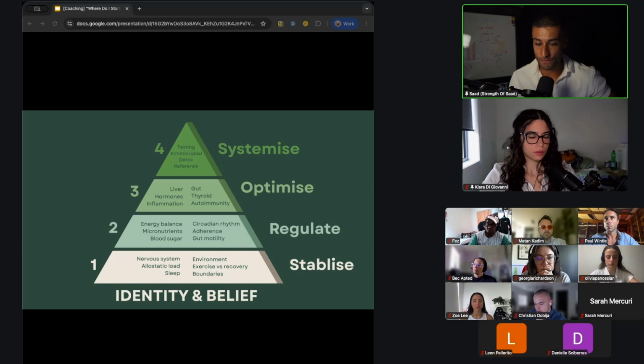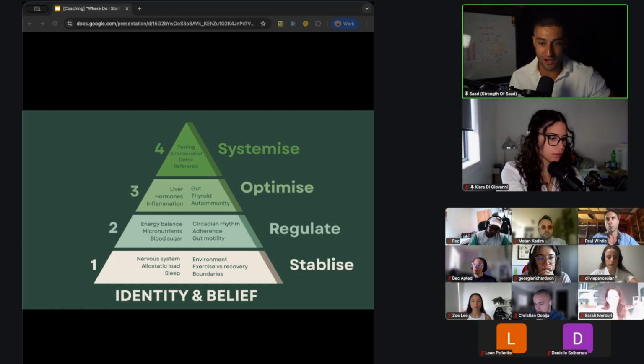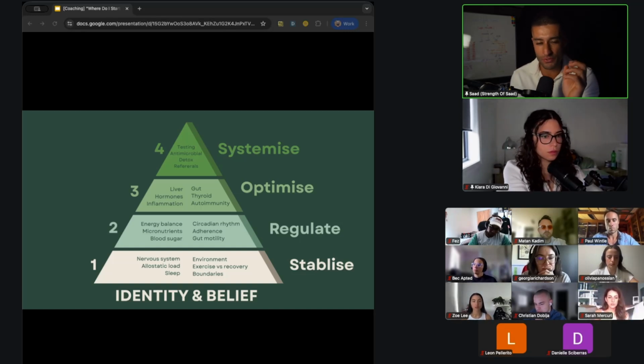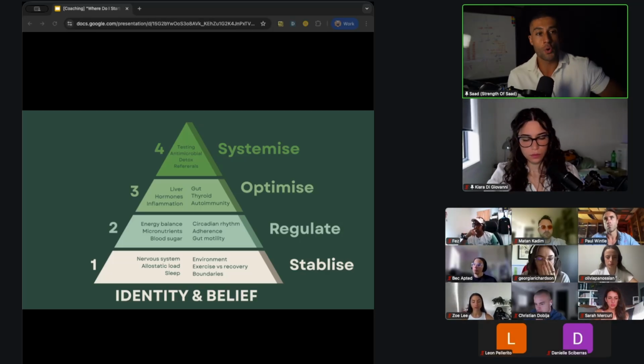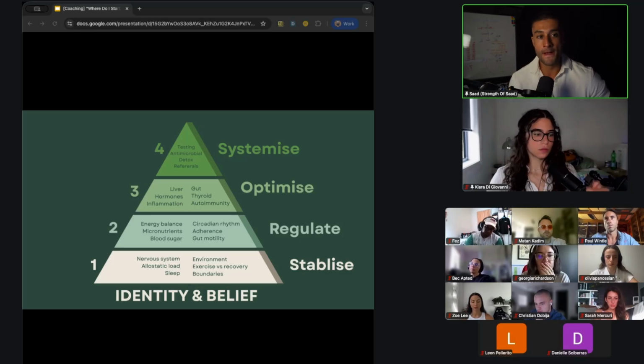Number 2: energy balance, micronutrients, blood sugar, gut. Adherence, we actually put in number 2. I spoke to Kiara about this. Adherence could be argued as number 1, but why we think adherence could be number 2 is because, well, it could be number 1, but